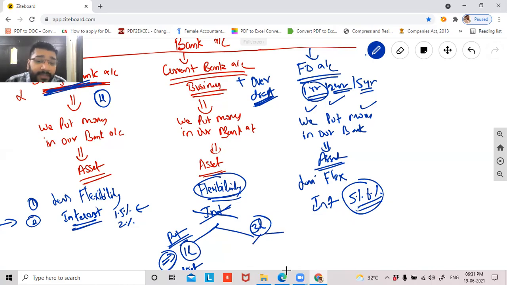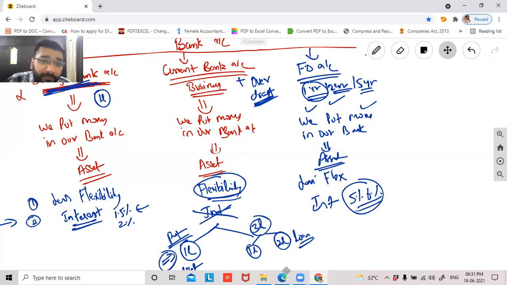Out of this 3 lakh rupees, guys, can I say 1 lakh is my money and the bank is giving extra 2 lakh? Why? This is not my money. Just because I asked my banker that I need more money, they're giving me this 2 lakh rupees as a loan. So can I say this 1 lakh is asset and 2 lakh is a liability? 1 lakh is asset because it is my money, which is coming to me in future. And 2 lakh rupees is a loan taken from the bank, which I have to repay.